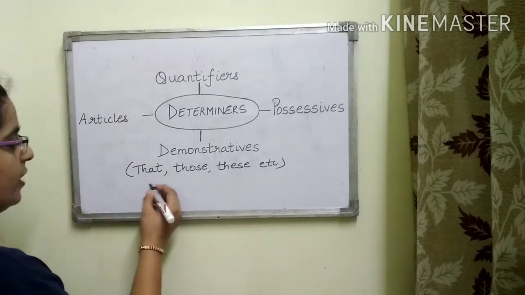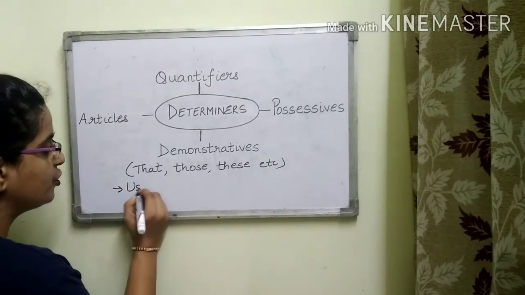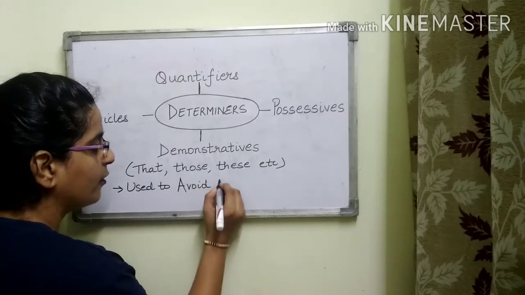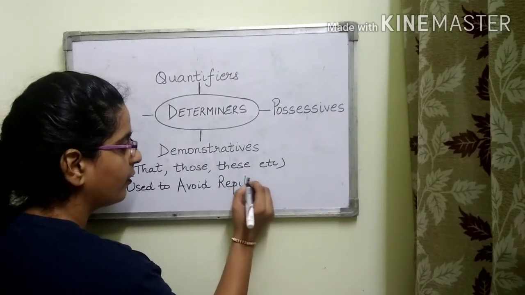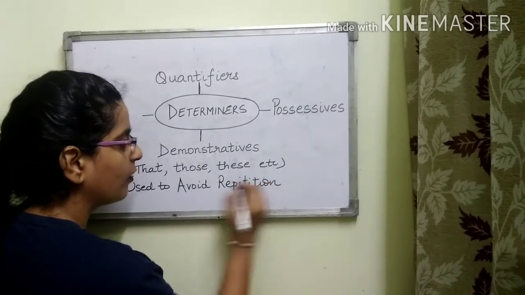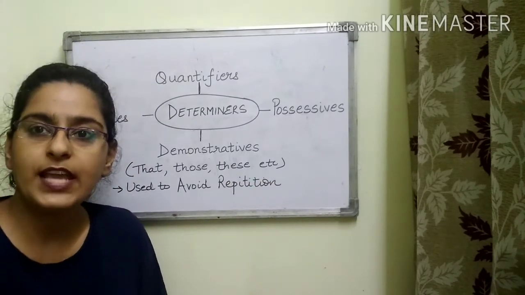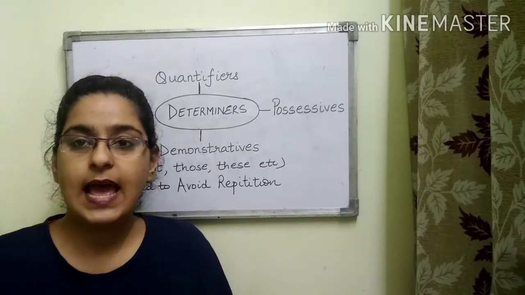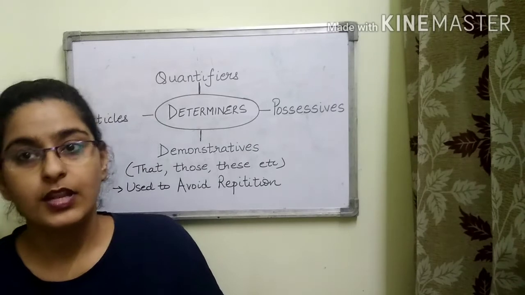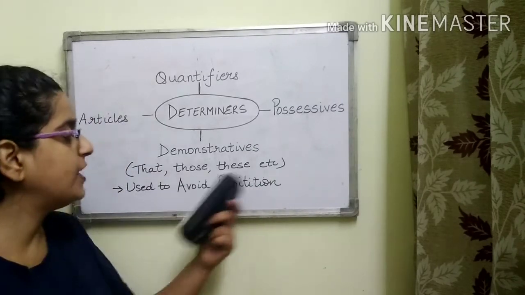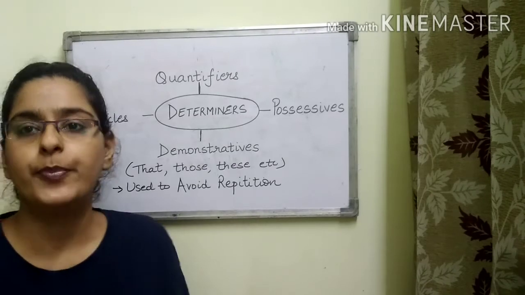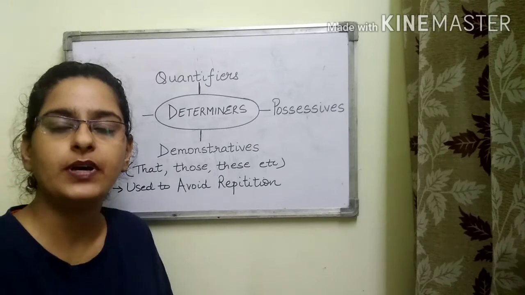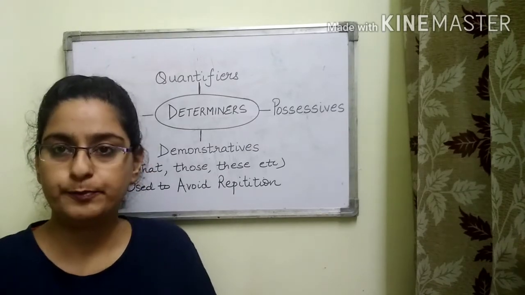So I will write it over here for you: it is used to avoid repetition. What will I use then? The boy I saw was walking on the streets. That boy was very upset and sat under a tree. Now it is clear to you? So demonstratives are words that are used to stop the repetition of a noun, and it also makes it simpler for us to understand that noun.